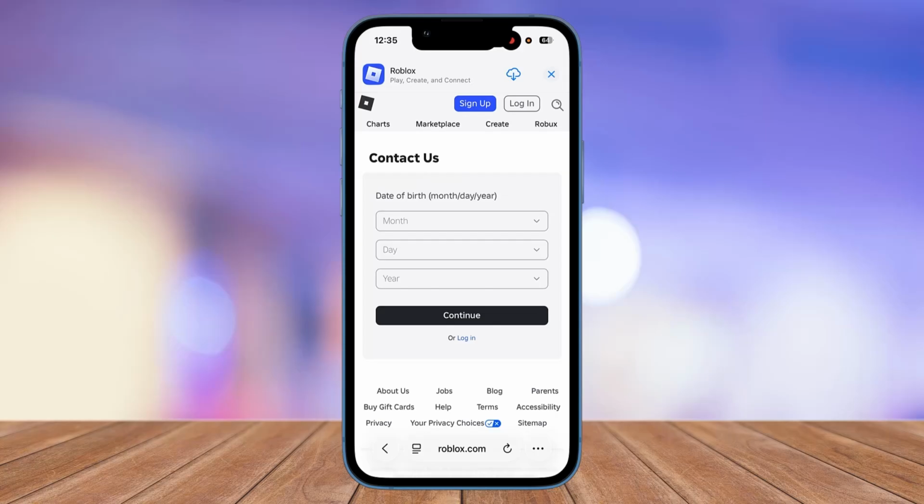So all you need to do is just enter your date of birth, day, year, the email that was previously used on your account, and then just explain your entire situation that happened in the form right over here, and that is about it. Simply go ahead and submit and wait, and then they will